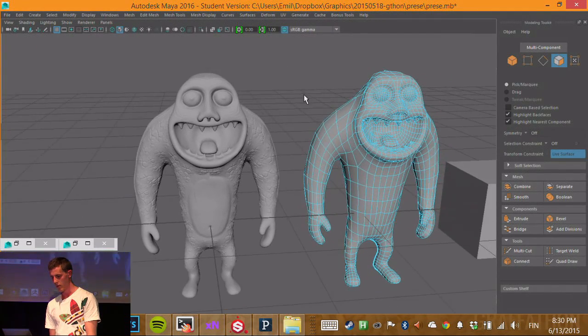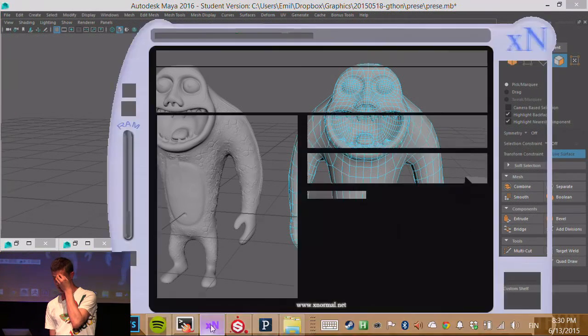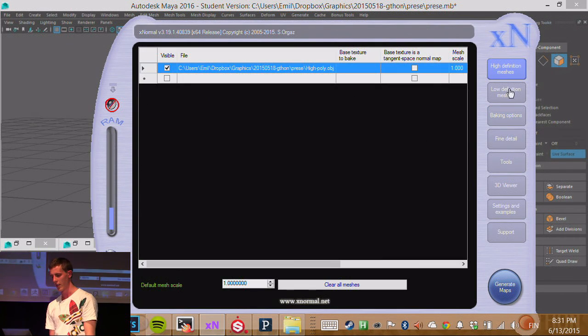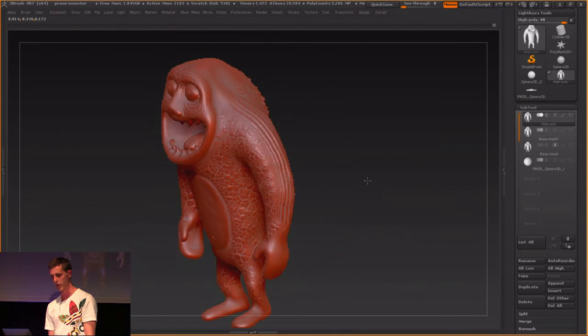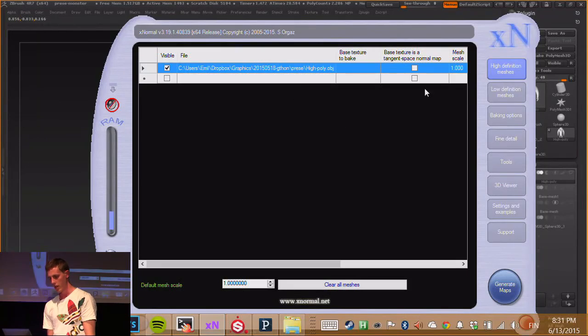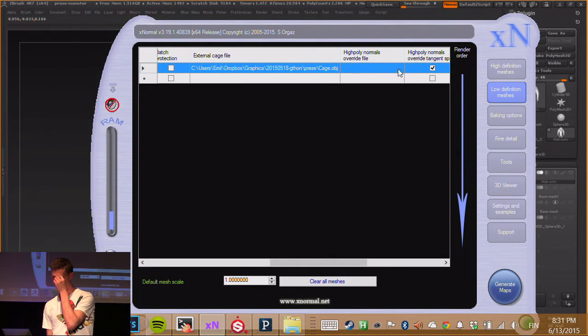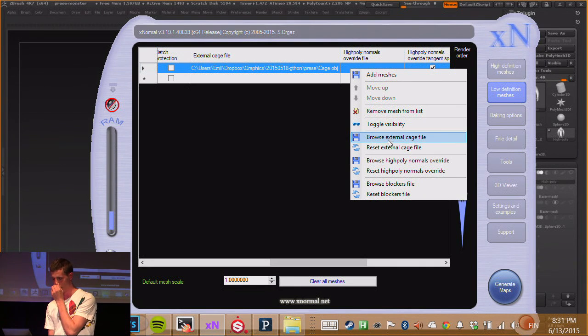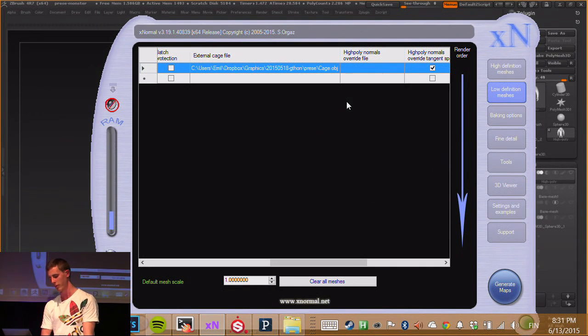But yeah, in this case I used this tool called XNormal to create those maps. From an artist perspective, it's basically a tool that takes in a high poly object file. This highpoly.obj is what I've exported straight out of ZBrush here. Export button magic, yay. And then it takes as another input a low poly object, that is for some reason called cage in this case, and also it can use a third input, which is the cage,